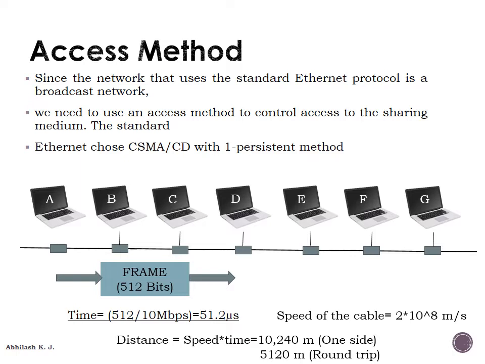In order to calculate TB, we generate a random number between 0 and 2^K minus 1, which means each time a collision occurs, the range grows exponentially. Initially if K is equal to 1, the random number will be between 0 and 1. After the second collision, K is equal to 2, and the range will be between 0, 1, 2, 3, and it goes on. So after each collision, the back off period becomes larger.